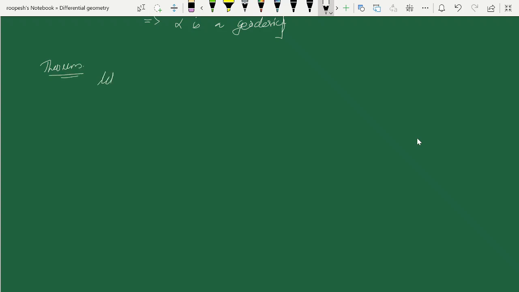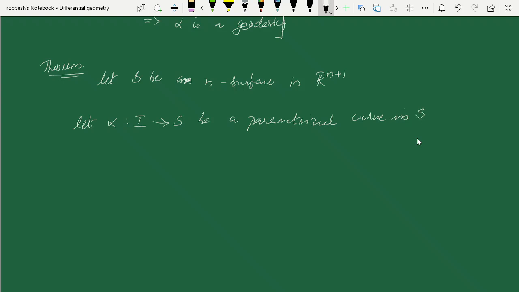Let S be an n-surface in R^(n+1). Let alpha from I to S be a parameterized curve in S. Let t naught belong to I and let v belong to S_alpha(t naught). Then there exists a unique vector field